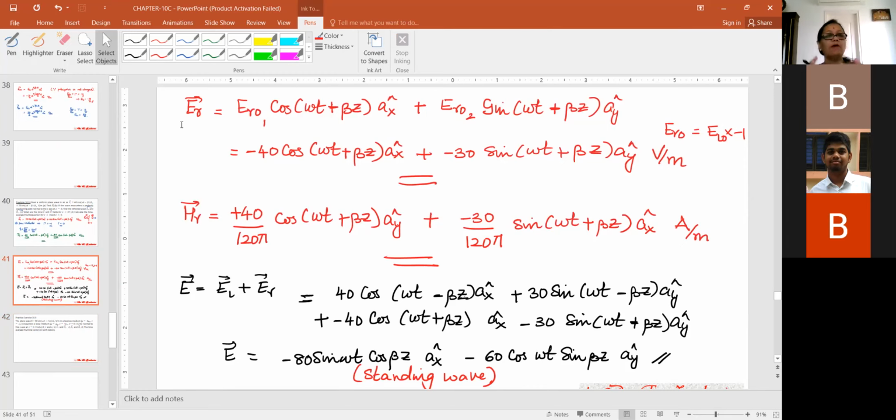I'll tell you why. The Poynting vector talks about the energy propagation. E cross H will be the direction. So for incident, it will be this direction, and for reflection, it will be this direction, again E cross H. And your Poynting vector expression will have a square of this. So the incident and the reflected will become equal and opposite. There are two vectors, equal and opposite. Therefore, the sum will be 0.